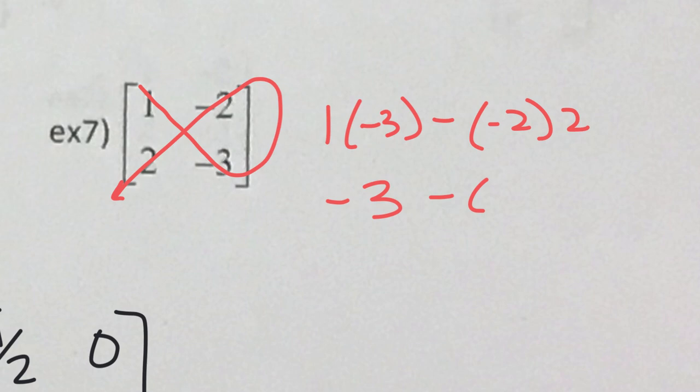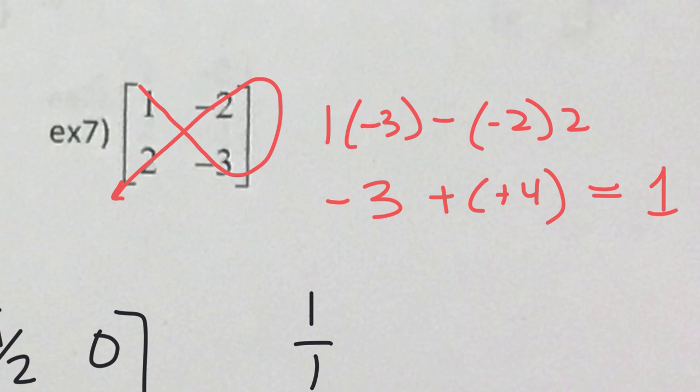Negative 3 minus negative 2 is, no, it's not negative 2. What am I talking about? That's negative 4. Negative 3 minus a minus, that's a plus. So negative 3 plus 4 is positive 1. Okay, so when we write our inverse, that would be 1 over